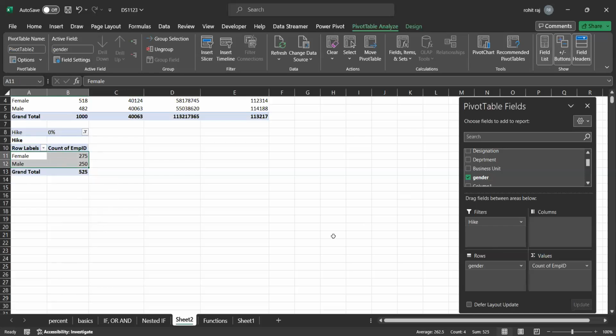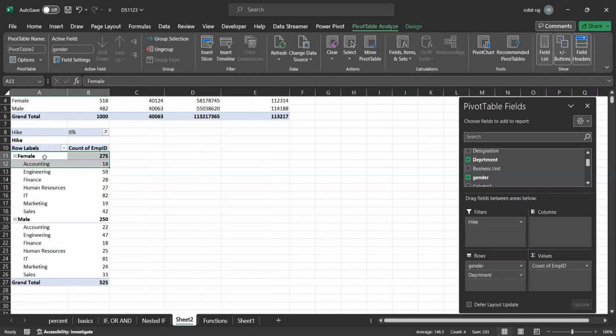Right? Of course, you can add more columns here. Maybe if you want, out of these male and female employees, how many employees are working in which department, right? We can add that as well. So let's pick this department column, right, and place it in rows here. So you'll see out of these 275 female employees who got 0% hike, 18 of them are working in accounting department, right? 59 of them are working in engineering department, right? 28 of them are working in finance department, 27 in HR, 82 in IT, right? 19 in marketing, 42 in sales, right? So this way you can get the exact bifurcations,